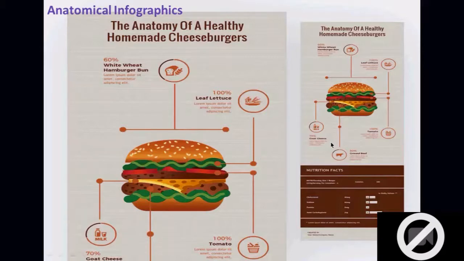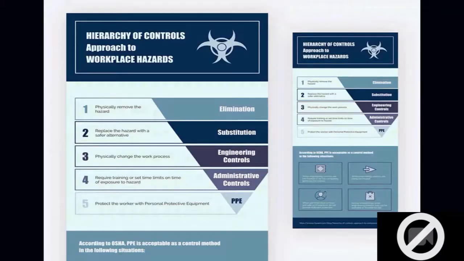Anatomical infographics use a labeled diagram format, which can help you highlight and explain ingredients, product parts, characteristics, personality traits, and more. And the next one is the hierarchy infographic. This type of infographic usually features a funnel to help you display different levels of information. One by one, levels of information can help you understand the concepts and content by using the hierarchy infographic.